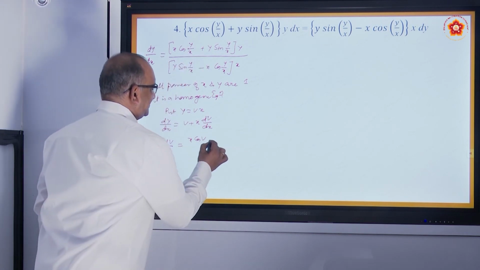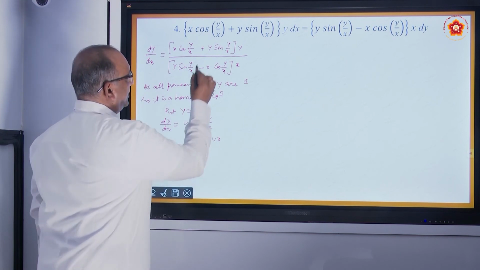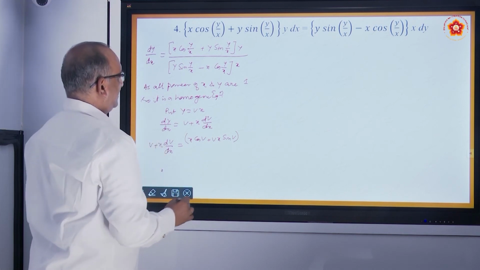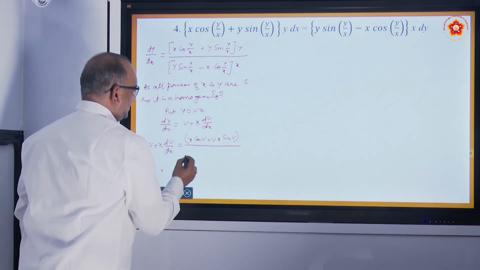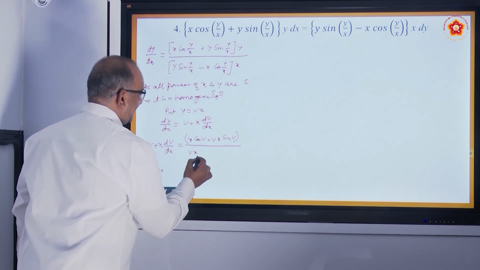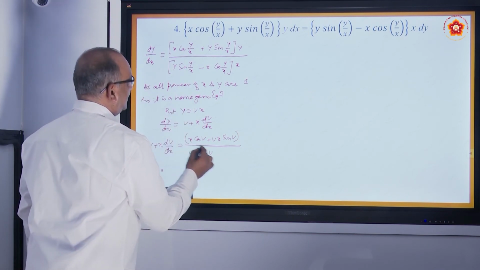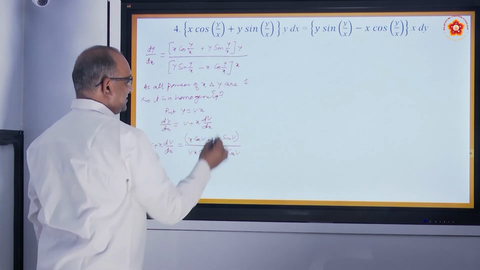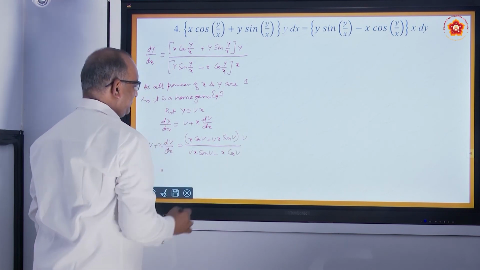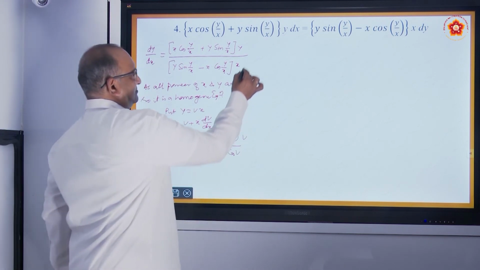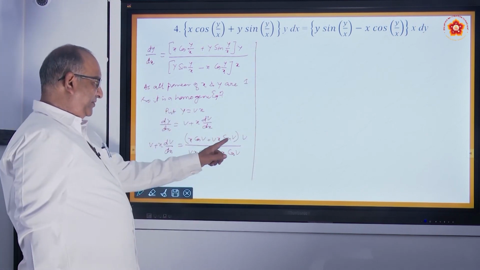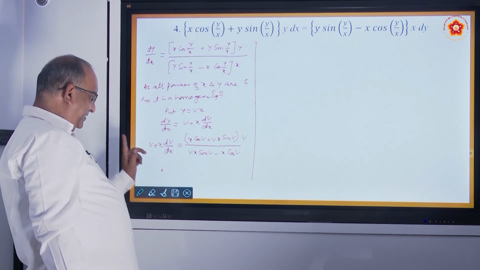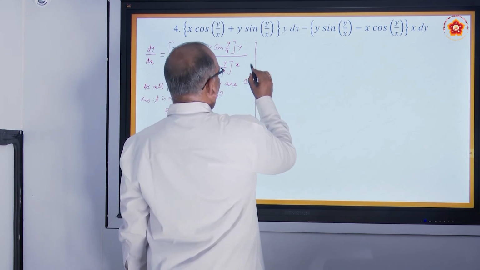y became vx, cos, sin v upon here vx sin v minus x cos v, and remember this y by x which is there can be written as straight away v. Simplify. How to simplify? In numerator you can find x common, in denominator also you can find x common, take common and remove, get this y that side. So, you are going to get x